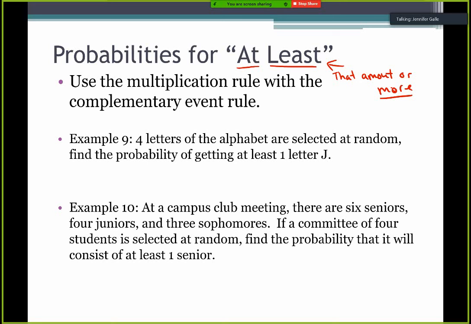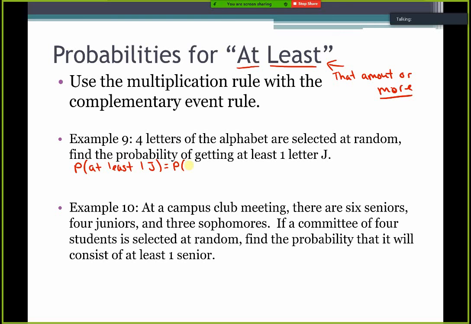There's really not a definition. There's not going to be a "here's the rule, here's the formula." We have 4 letters of the alphabet selected at random. Find the probability of getting at least one letter J. So what we could do is have to take the time to figure out